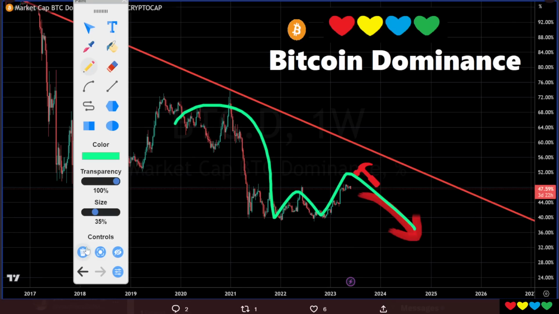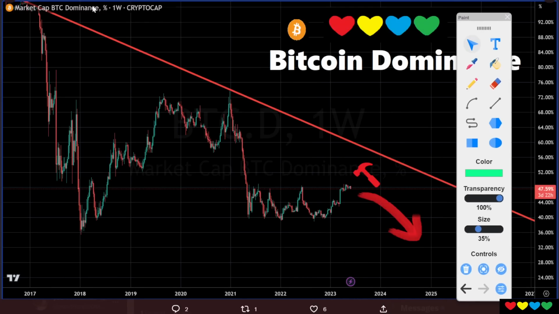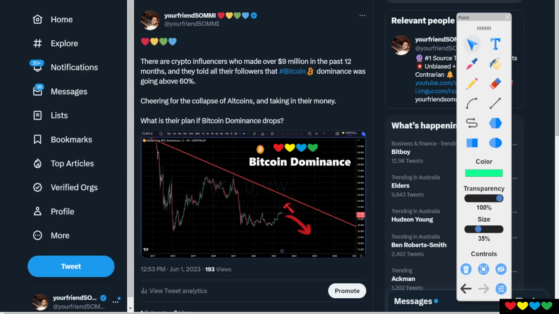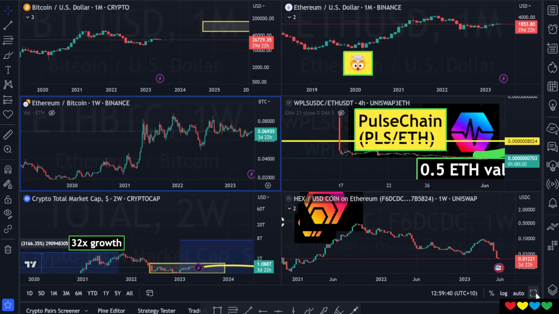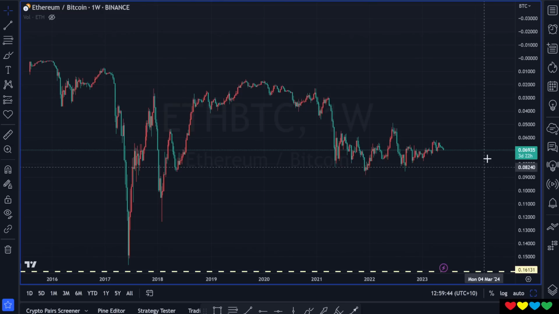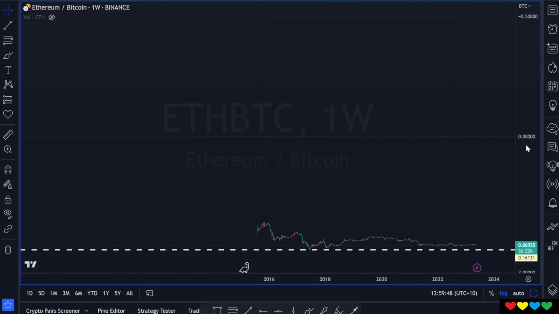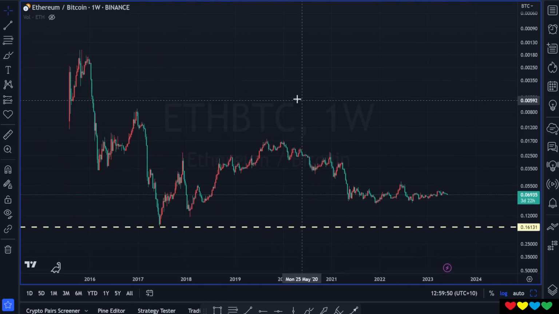But, a secret, which I wish everybody knew, I keep telling everyone, but nobody understands, is this. This Bitcoin dominance is literally just the inverse of ETH BTC. So it's the inverse of the Ethereum versus Bitcoin chart, right? So you remember that chart that was going down? Well, you can just right click here and go to invert. You can change it to a log chart, linear chart, doesn't matter, right? It looks exactly the same.